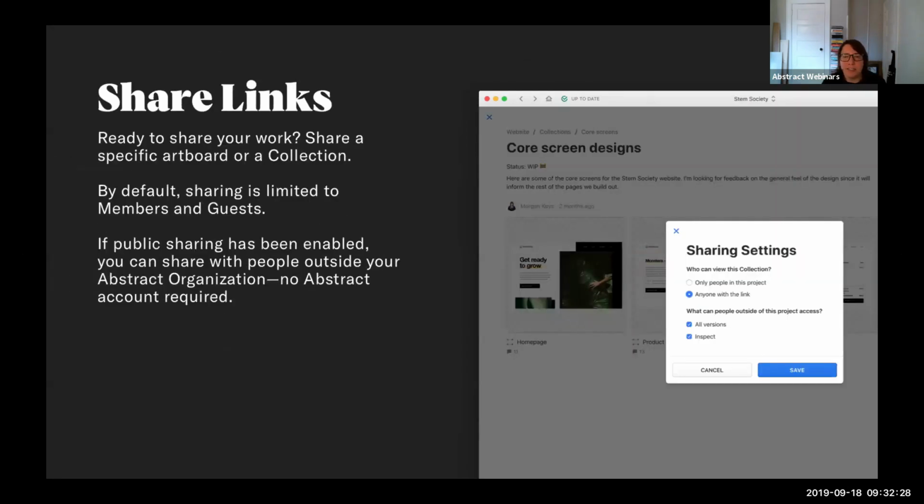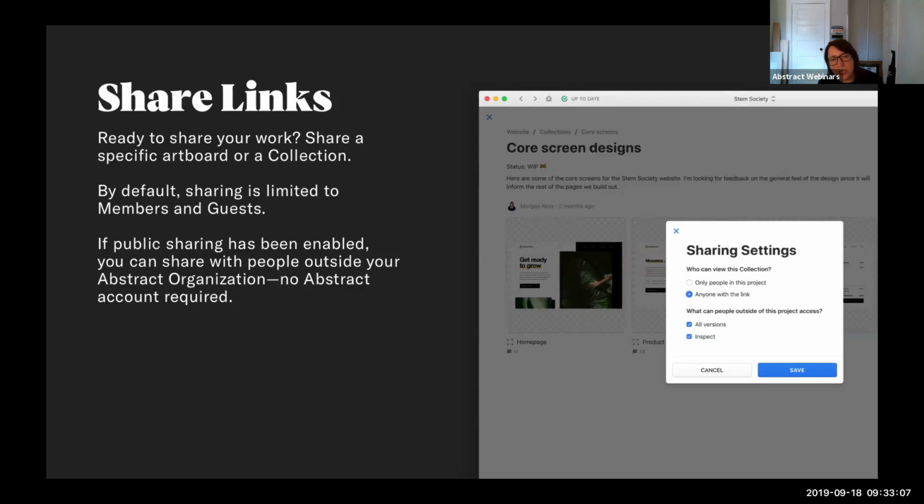All right, share links. So I just showed you how share links work. I made a public share link of these screens so that you guys can use internally or to review afterwards. Share links are a great way to share your work. So let's say you've created a collection, you've put all your copy changes, you have maybe 5 different explorations of copy. You can create a share link, share that in Slack or Teams, share that in documentation, or share that via email. So share links allow you to share your work.